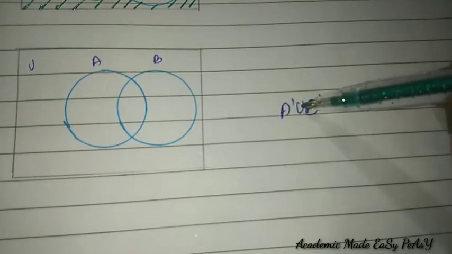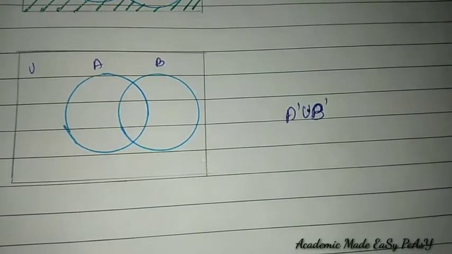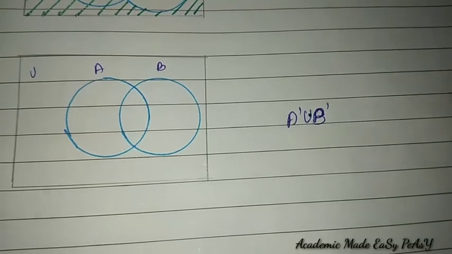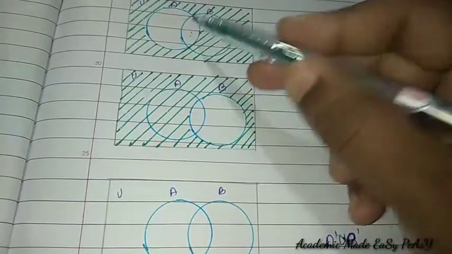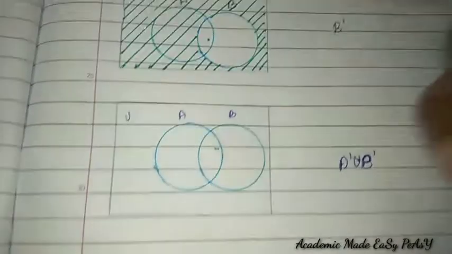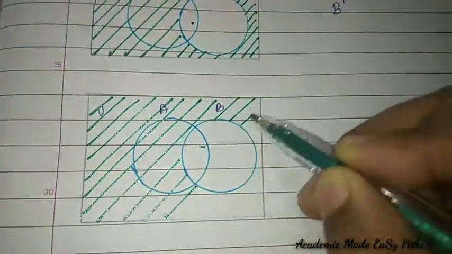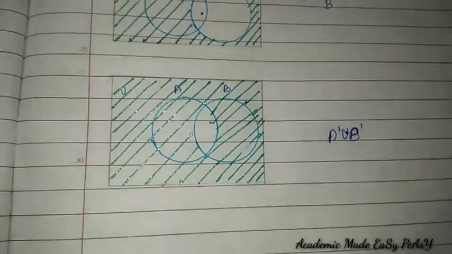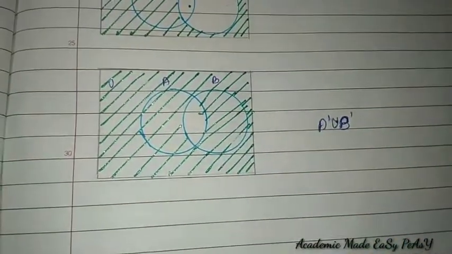Here it is given union. So here when you do it for complementation of intersection, there we did for intersection A dash intersection B dash, there we did for union. Just like that you have to do. So therefore, what is the common point over here? Here I am not shading, here I am not shading. So only this part I will not be shading here. So therefore, my Venn diagram will be, we will be shading the entire thing except this region.